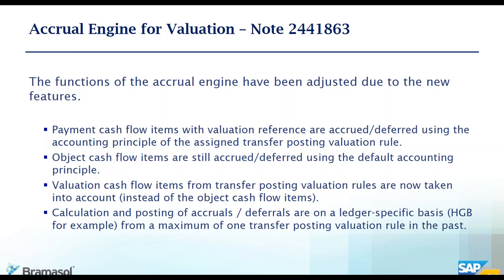It's important to know that this will do it for all your GAAP versions, not just the leading GAAP. So if you have a contract that's been set up for IFRS and for US GAAP and for a local GAAP, the solution will generate these accrual deferral entries and post them into each ledger for you simultaneously and in real time. There are some notes here, and for the details around this one I would encourage you to go specifically to the note that's listed, and it walks you through the functionality and the process that's available to you.